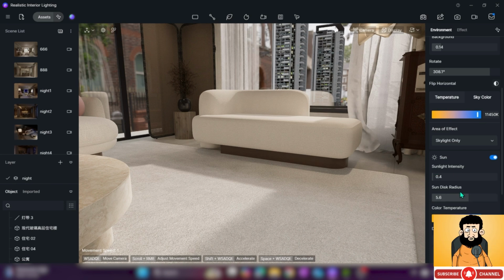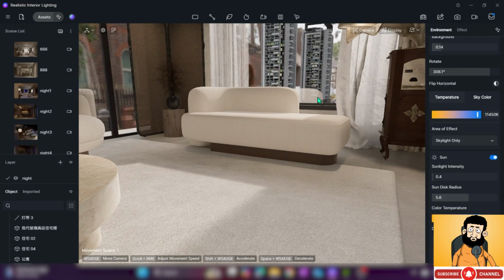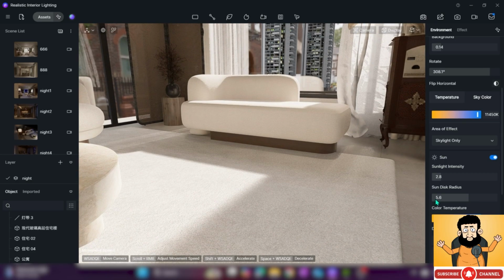So what these settings do is, you can see this shadow here. This shadow is generated from this window here. Now if you just increase the sunlight intensity, you can see the shadow has been brightened, all the light has been brightened. But remember, in order to achieve a realistic image, you need to control your sun intensity with